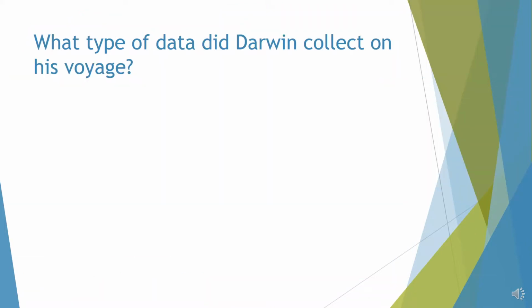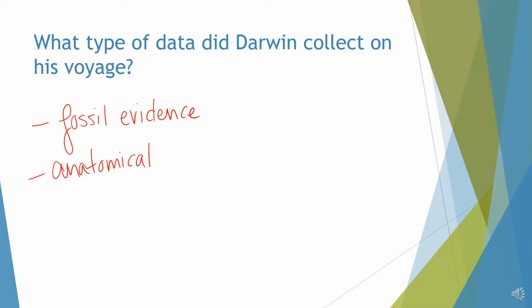So what type of data did Darwin collect on his voyage? He collected three types. Remember that this was in 1831 to 1836. He collected fossil evidence, he also collected anatomical data, so he looked at the different anatomy of the organisms, particularly